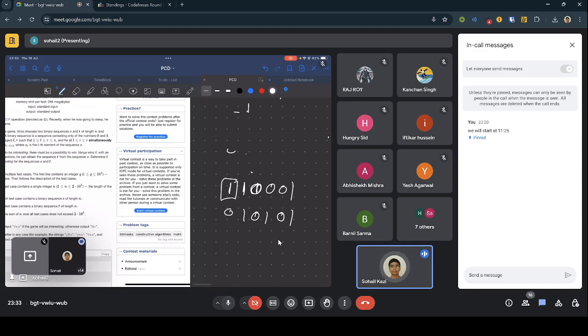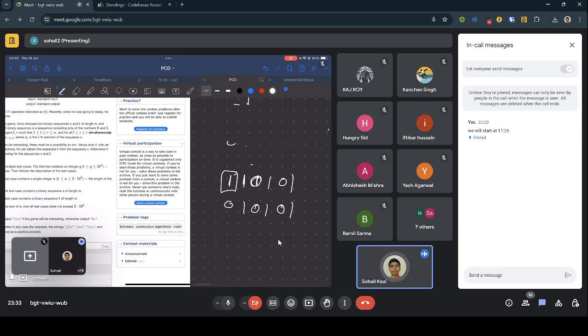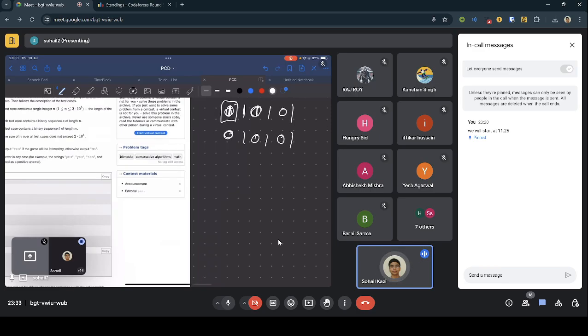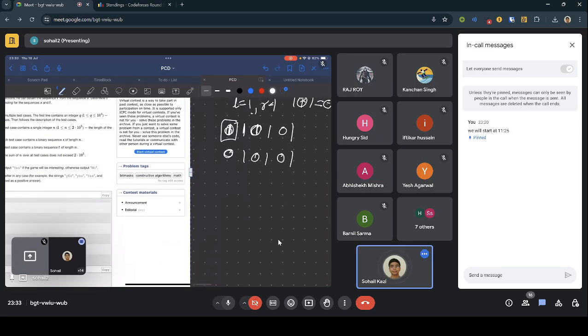Again, we need to convert this index as well. So we just take this segment. 1 XOR 0 is 1. So we have this as well. Finally, what we can do is we need to make this 1 into a 0. So we just do L is equal to 1, R is equal to 1. So 1 XOR 1 is 0. So what we see here is that if the first index is 1, that means we can convert any string to any other string,